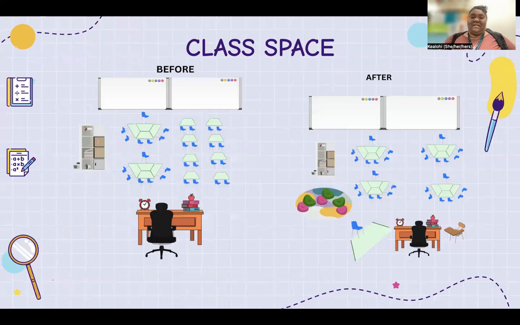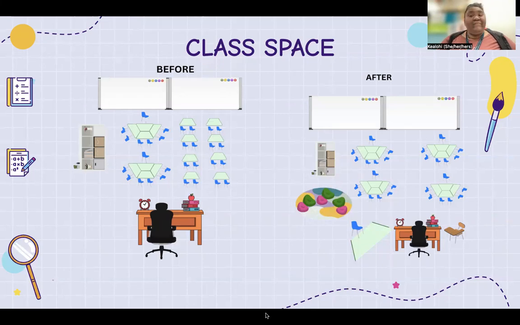So my space, this is actually kind of like the before section. It's as best as possible using Canva, to where my class is, where I have 2 rows of single desk type styles where there's no real collaboration unless you are sitting with a partner. Then you have a little bit more collaborative space where you are grouped around, and then I will come here and do little mini conferences or small groups. So these are my little small group sides. And of course my desk and my board and my shelf.